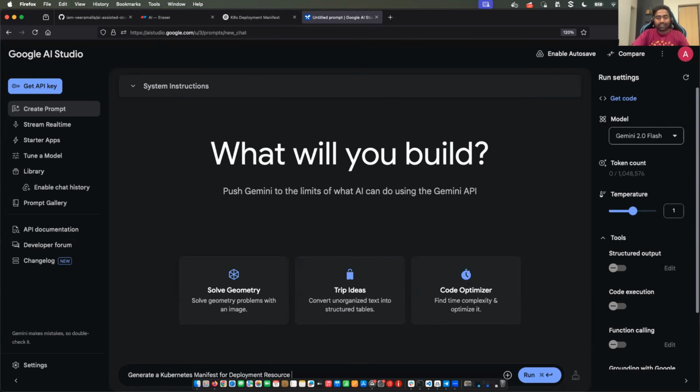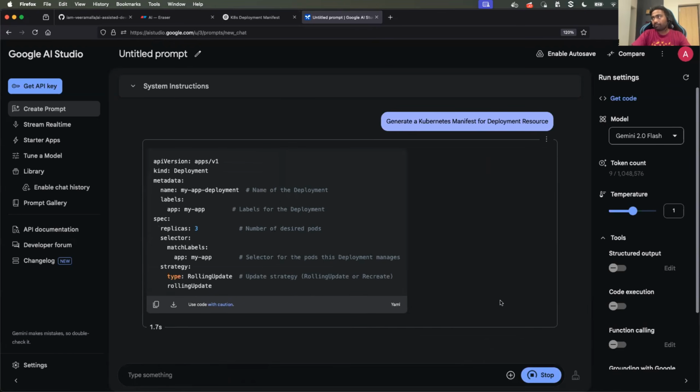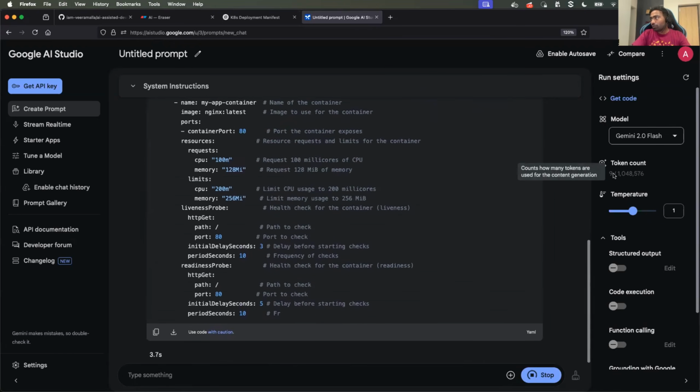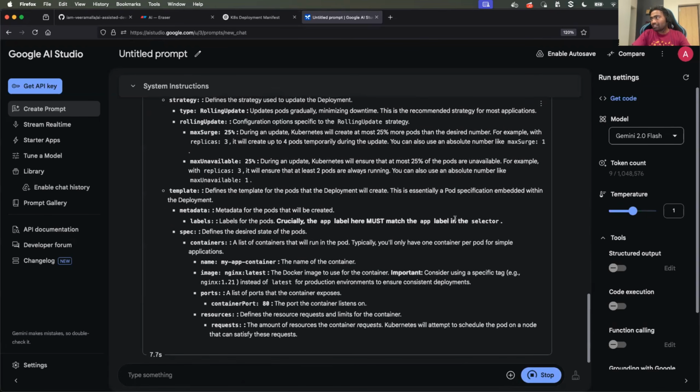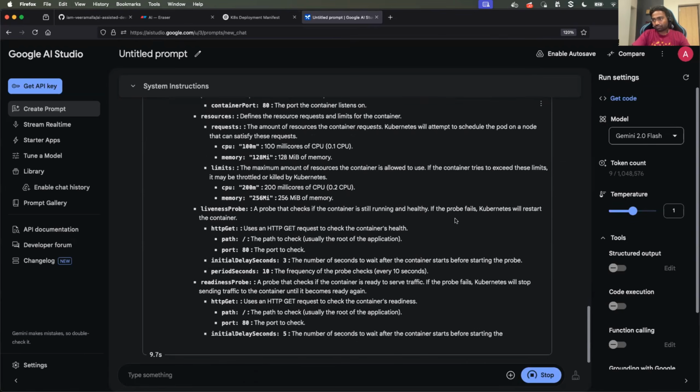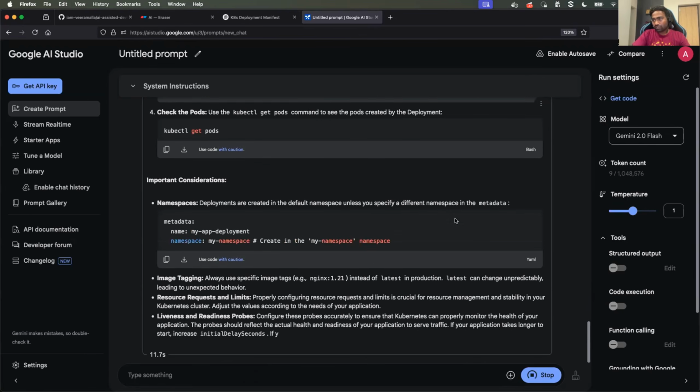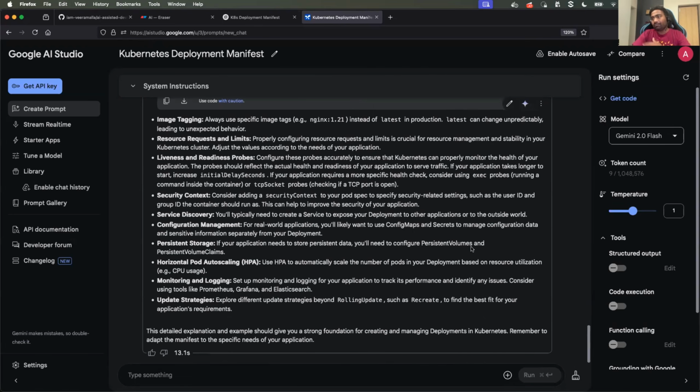Okay, generate a Kubernetes manifest for deployment resource. Let's run it. So you can see here the tokens number. Once the prompt is complete, okay, it's still generating. And the tokens, you can see the refresh token count here. It is